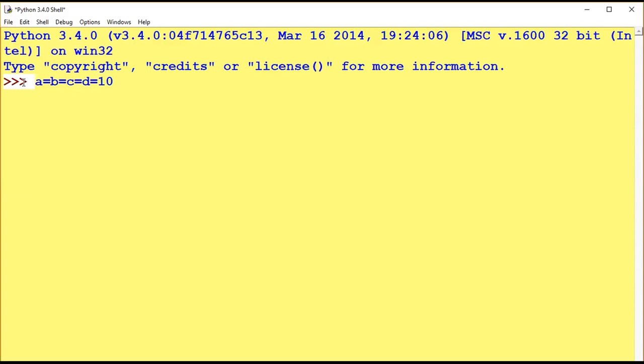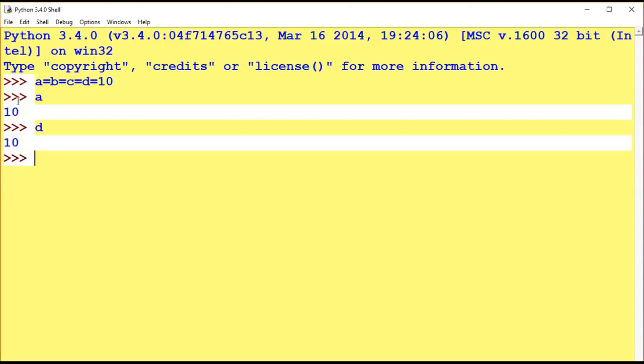Now see here, if I write A, it will display 10. If I write D, it will display 10. With the same operators, these operands can be added, multiplied, divided also.